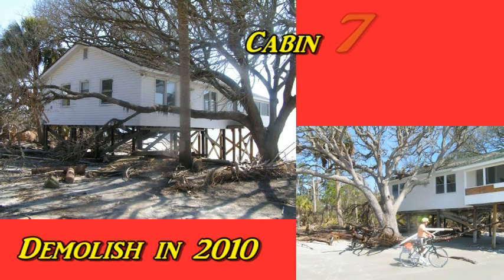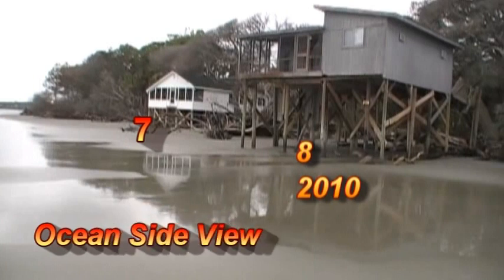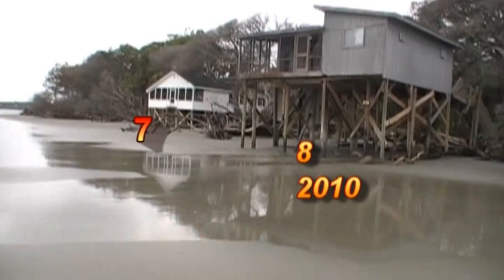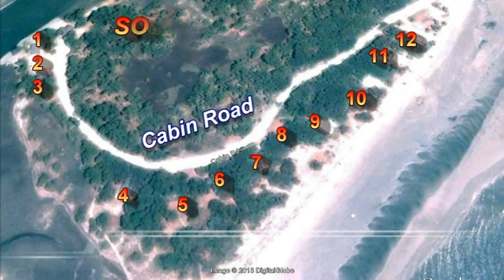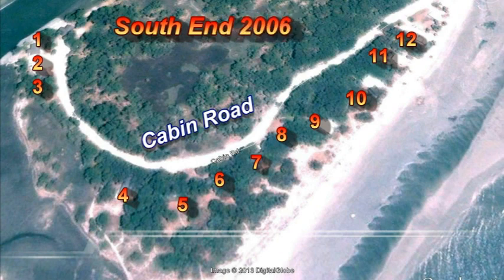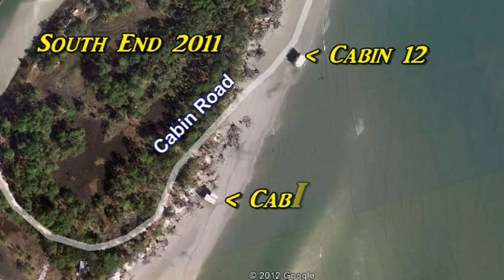Note the amount of erosion in the following picture. Cabin 7 was demolished in 2010 because it became a danger to the public. Cabin 8, although not occupied, remained standing until 2011. In 2011, between Cabin 8 and Cabin 12, all cabins had been washed away to sea or demolished by the